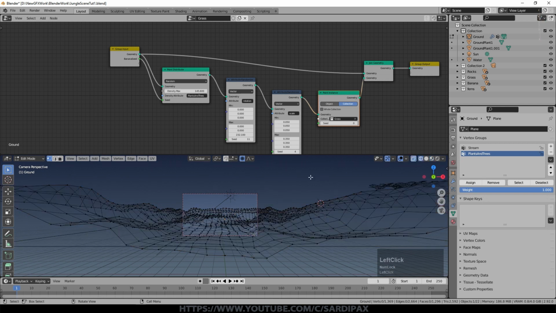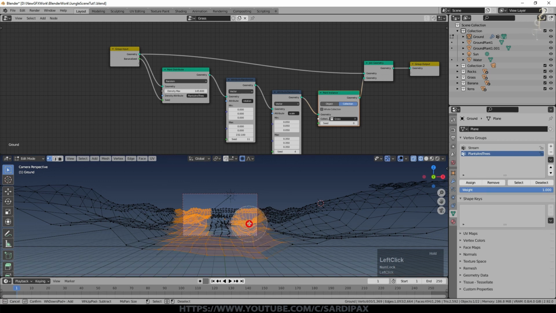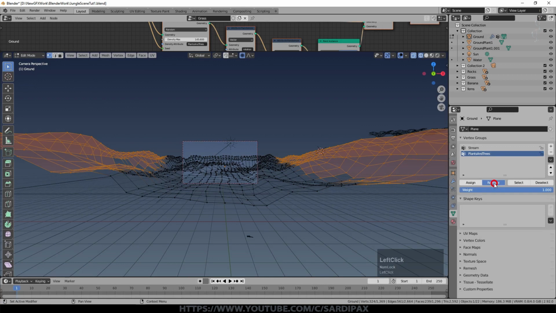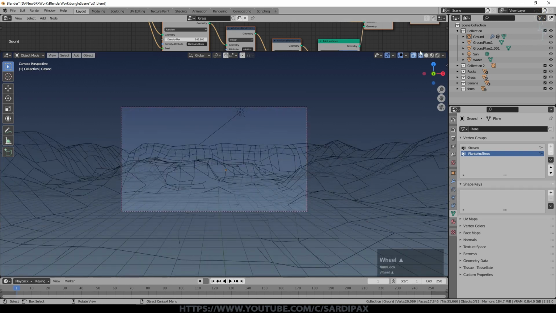I am going to go to wireframe though, because some objects may need to be instanced just over a hill, as it were. What I'm selecting now is all the areas that might potentially have plants or trees on them. I'm going to go slightly wider than the camera. If nothing else, there'll be shadows and perhaps leaves coming in from the outside, especially close to the camera. I'm now going to go up to select and say invert, and then just say remove. So that's now taken away all of the vertices from that vertex group that are not in the view of the camera, or at least some way outside of the view of the camera.